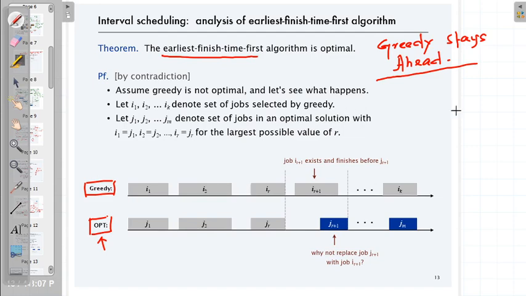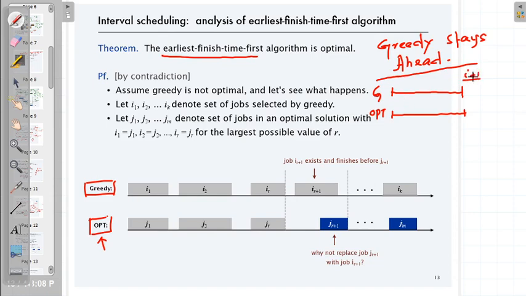Let us suppose that up till the ith iteration, whatever jobs greedy has chosen, the optimal algorithm has chosen the same jobs. Now you see the i plus 1th